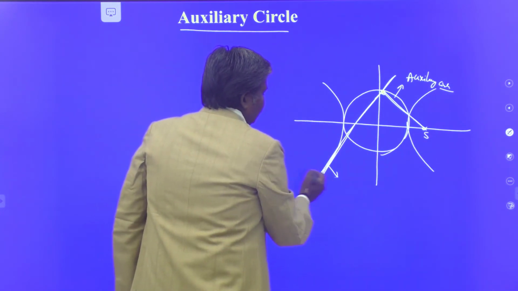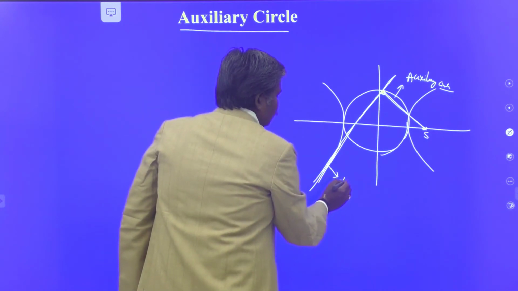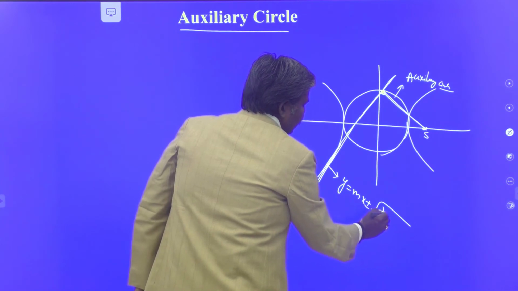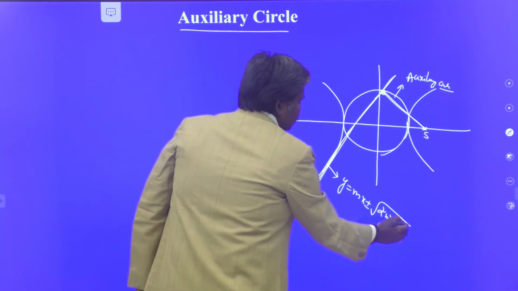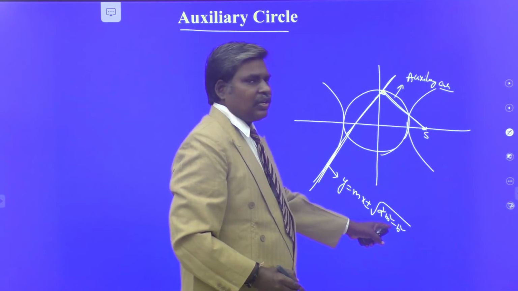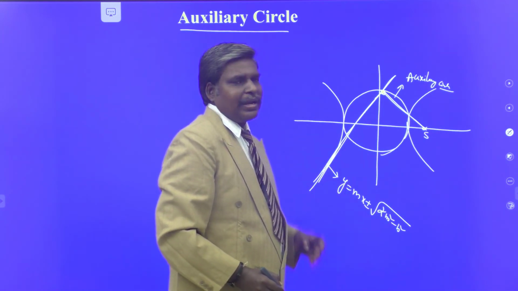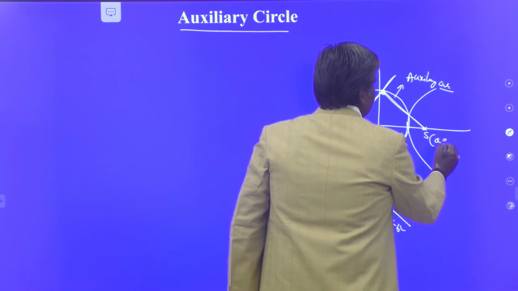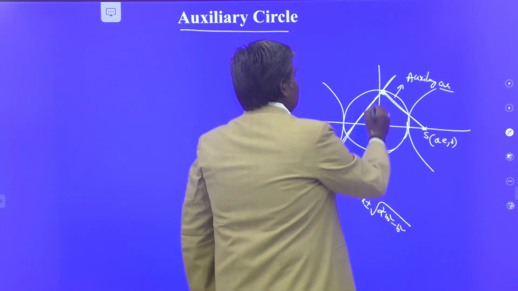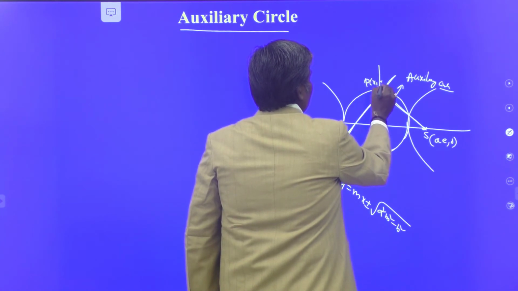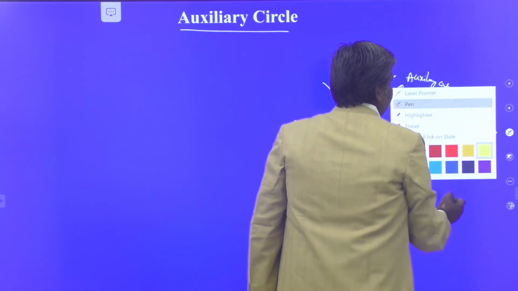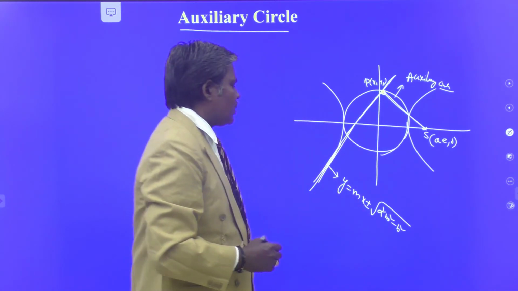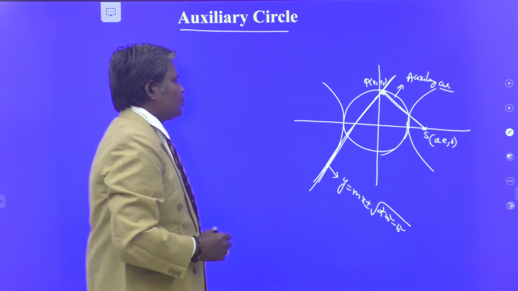We know the equation of any tangent to the hyperbola is what? y is equal to mx plus or minus root of a square m square minus b square. Instead of plus b square as in your ellipse, you just write minus b square. You can derive all these things. Consider the focus is (ae, 0). This is P(x1, y1), the foot of perpendicular drawn from the focus (ae, 0) to the tangent y is equal to mx plus or minus root of a square m square minus b square.